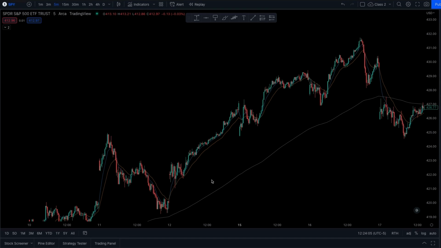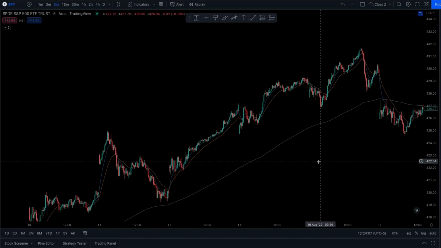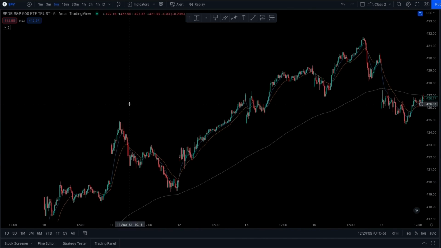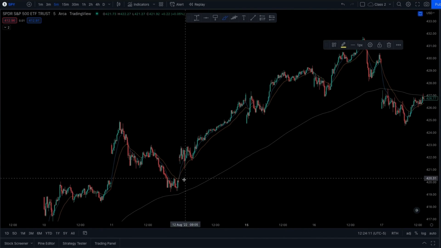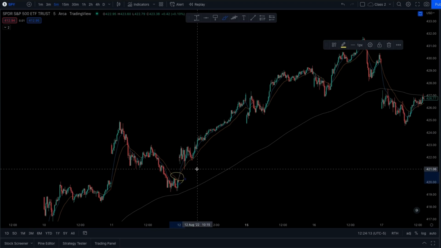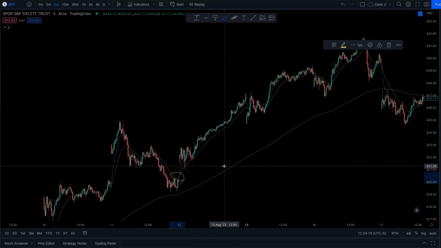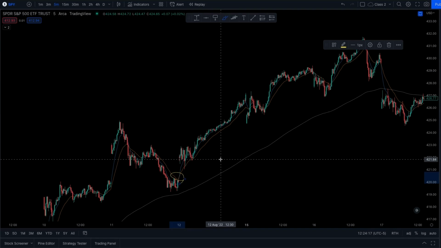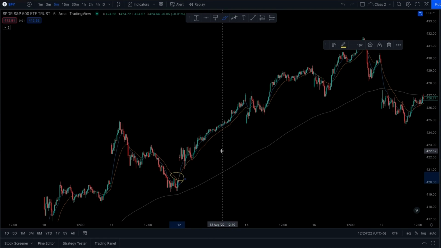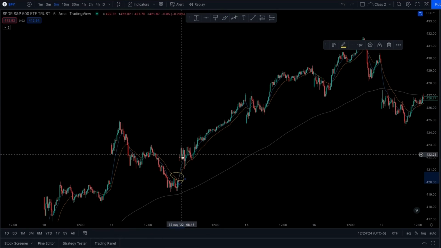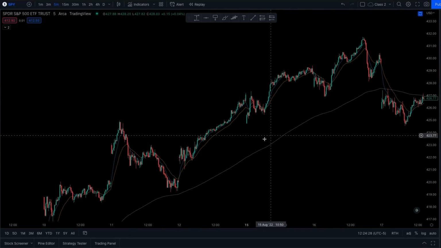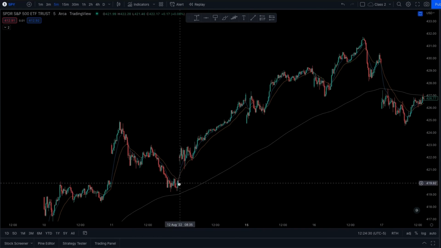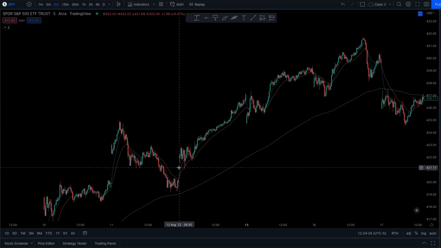So a very popular trading strategy is an 8/20 EMA crossover, and we can see that take place right here. I think 9/21, 13/48, 50, and 100. There's just a slew of EMA crossovers that are extremely popular to trade. The one that I like, I don't trade solely based off of an EMA cross. However, I know that when a cross presents itself right here, the likelihood that we continue in that direction is